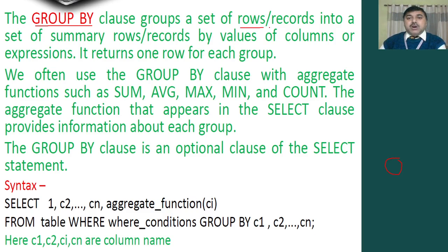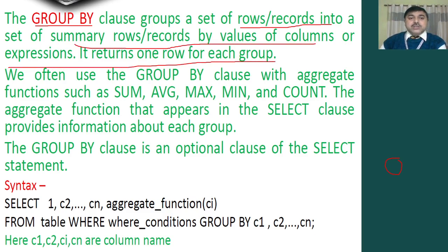There are rows and records. In this summary of the records, the records of each column have their expressions and their particular pattern of values, and we will work on it. So how do we work with GROUP BY? We can use functions such as sum, average, maximum, minimum, and count. All these things we can use. We can use the SELECT clause for it. Okay, the SELECT clause can be used.